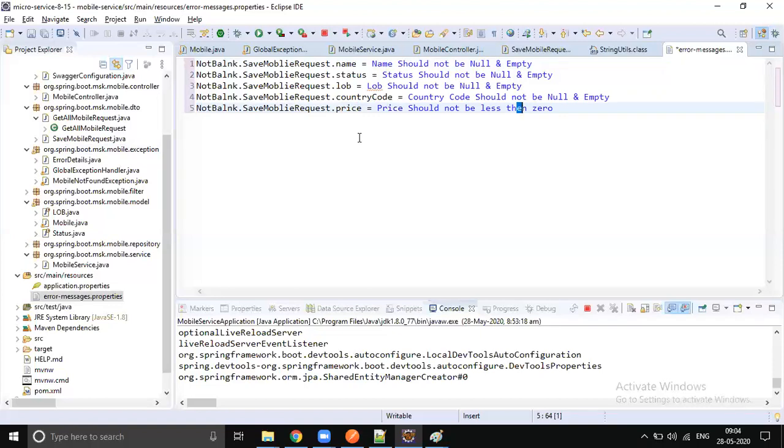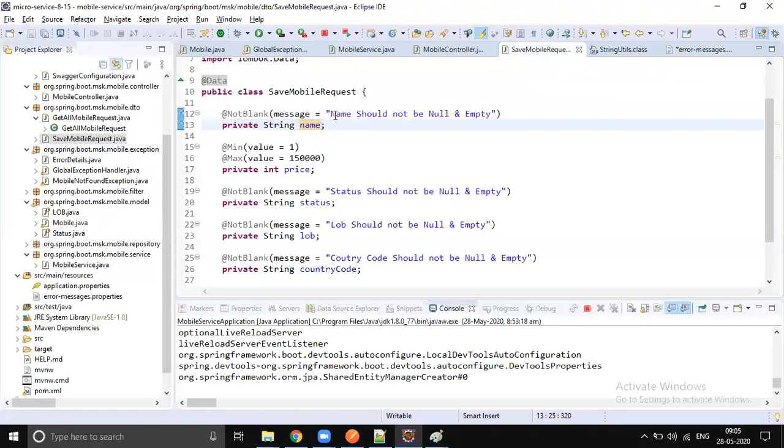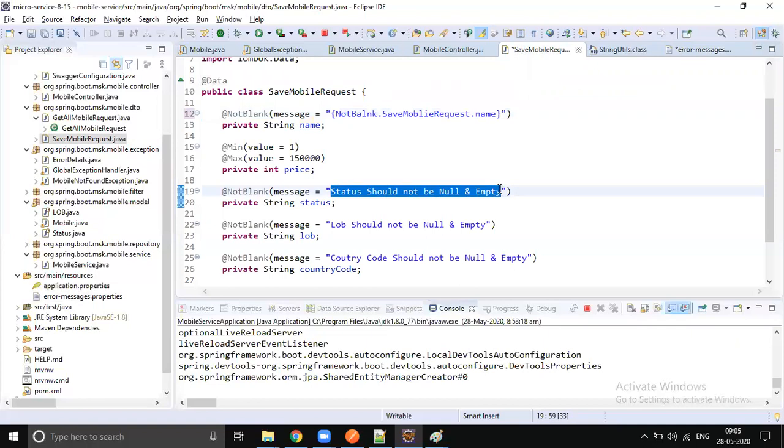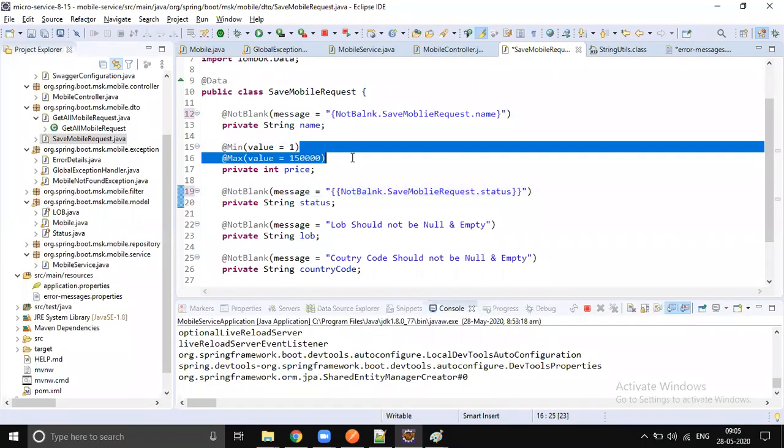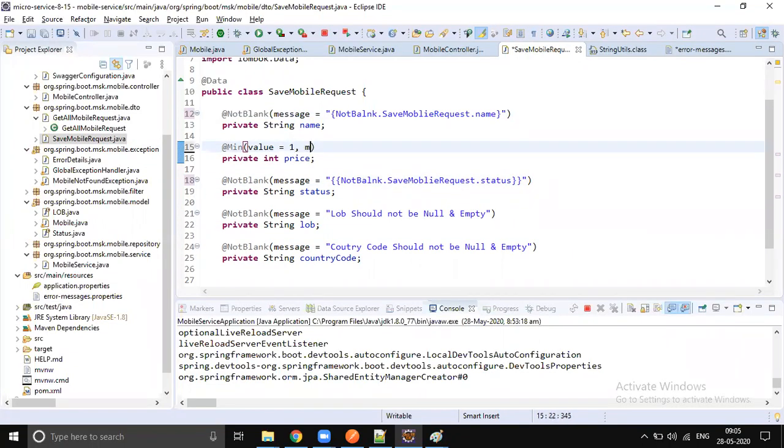So what should we do? We should take these parameters and do the mapping. Instead of hard coding this, we should instruct Spring to load the messages from the properties file. This is the key you should give in the message. Here it is: status, and let's remove the max for now.